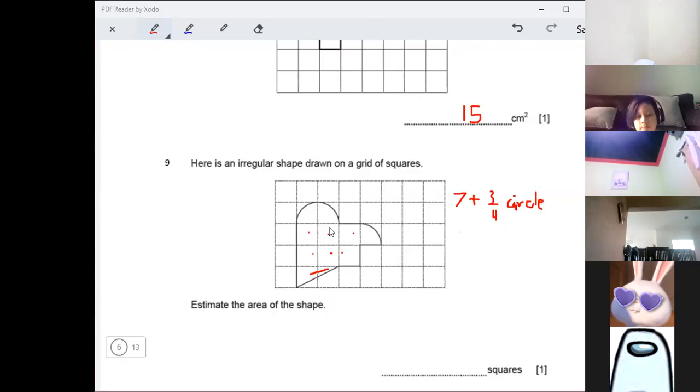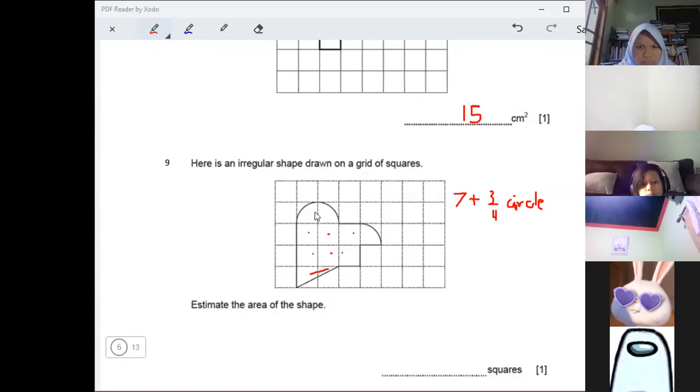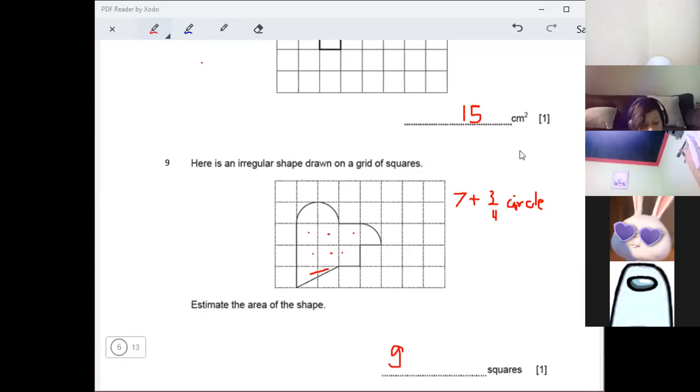We can say that this one, the circle, it is not 3, but it is not 1. If we say this is 1, it's too small. But if we say this is 3, it's too big because it does not fill all the 3. So we can estimate that the 1, 2, 3 is about 2 or 2.5. Yeah. So when you answer 9, it's correct. Or when you answer 9.5, it's also correct. Yeah. So you just need to estimate.